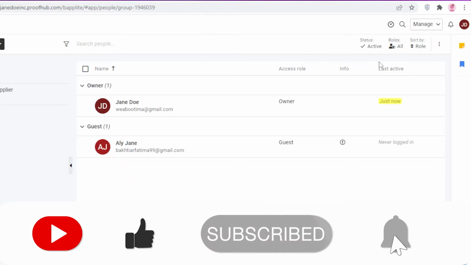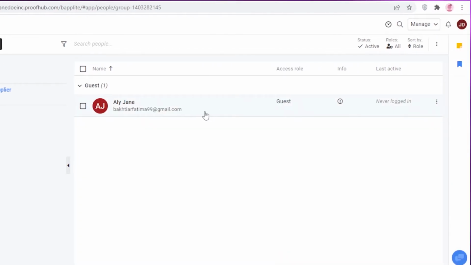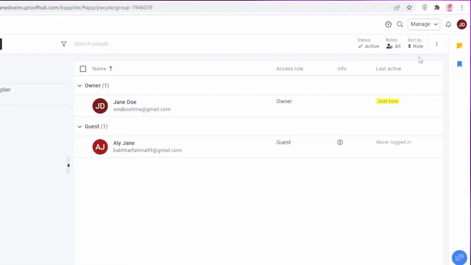Now you can see you can also filter the people that you have. So if I click on all people, I have 2 active people. If I click on clothing supplier, only 1 person is present in that group. And what I can do is I can sort them by role or by name. And then I can click on these 3 dots, and I can send invites, and I can also download these